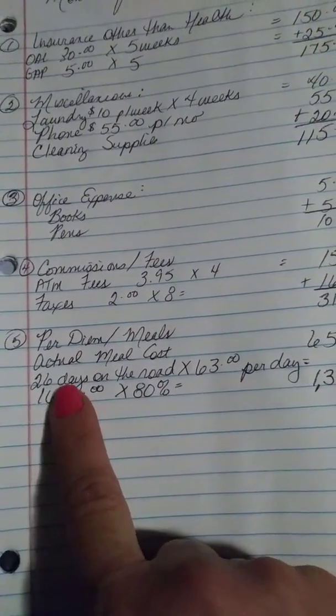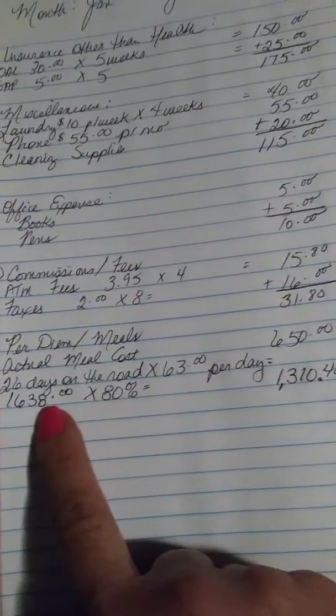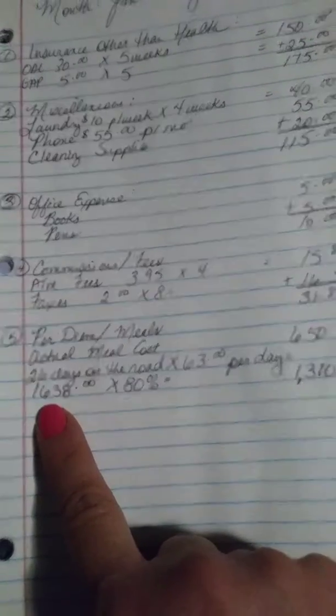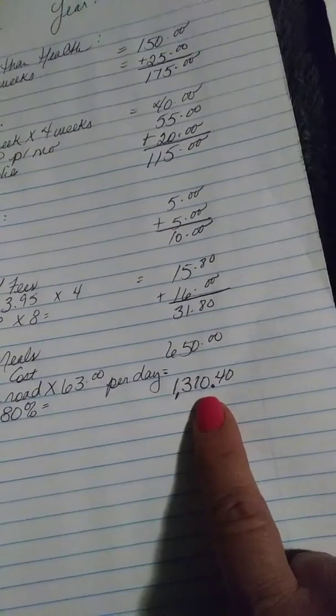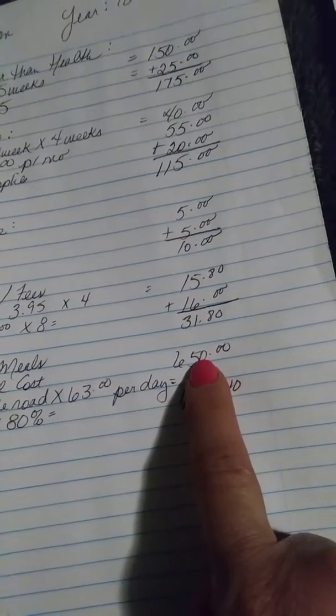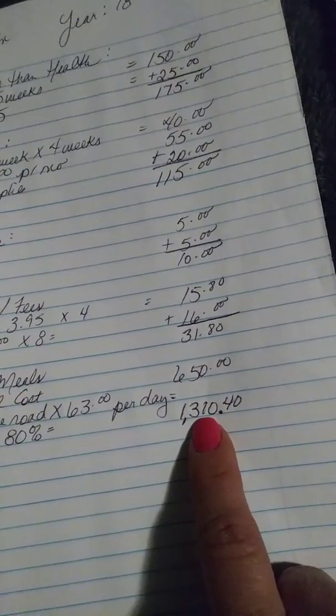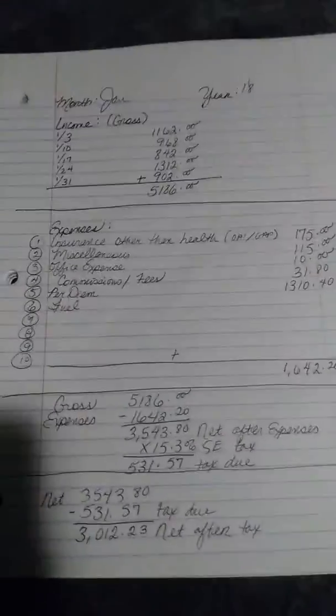So let's say I spent 26 days on the road at $63 per day. That comes to $1,638 times 80%. Comes to $1,310.40. So the per diem was higher than the actual meal cost, so I will use the per diem. Then I will take the information from this notebook and I will put it on this notebook,